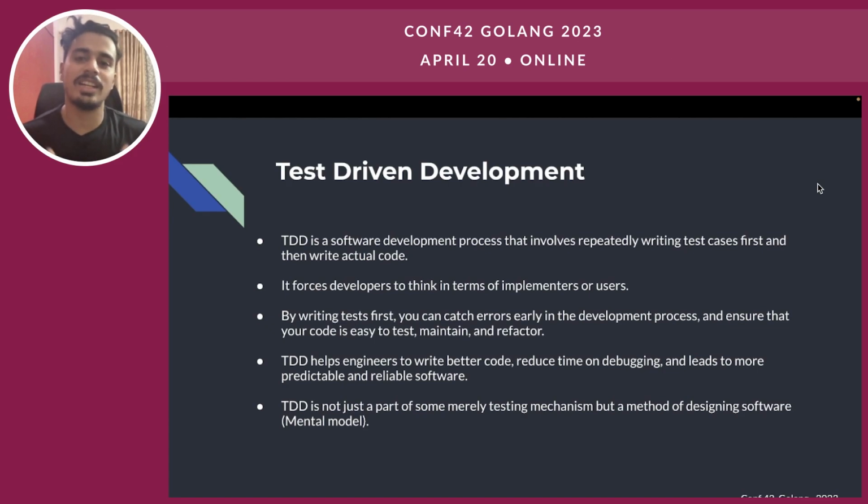But there's a high chance that developers or engineers can miss some of the cases that the feature contains, right? So for that problem, test-driven development is an approach